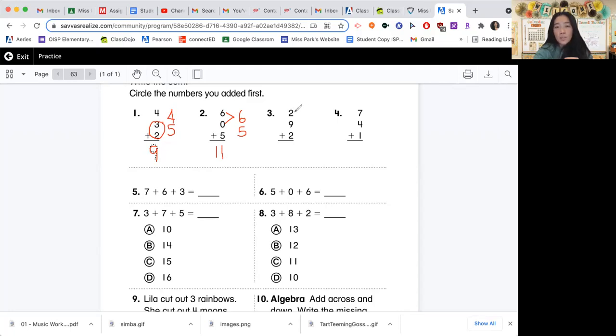So right here, I could either circle these two numbers, or I could do both. I could circle them and I could write their total, 4 plus 9. And then you guys should have been working on your BTBF facts. So 4 plus 9 would be 13. Or you could do